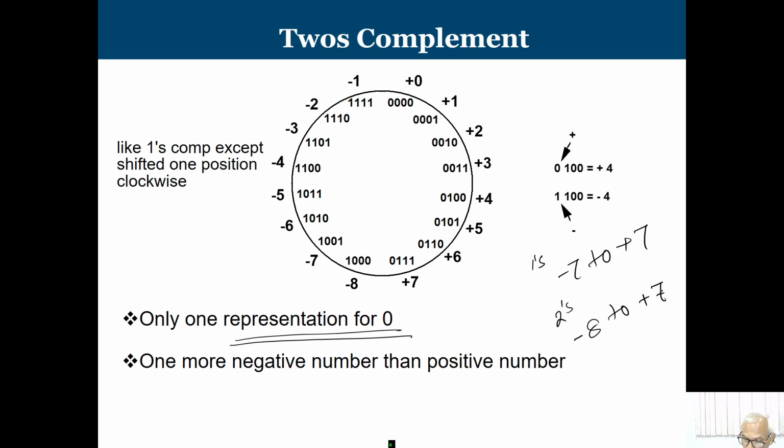Now, you see that if we are going to work with n bit numbers, then what will be the range? This is minus 2 to the power n minus 1. So, this is your 4 bits number. So, this is your 2 to the power 4 minus 1, 2 cube, to plus 2 to the power n minus 1 minus 1. So, 7 is nothing but 2 cube minus 1. So, this is the range that we are going to get when we work with an n bit number system.